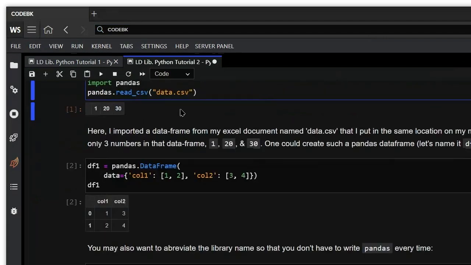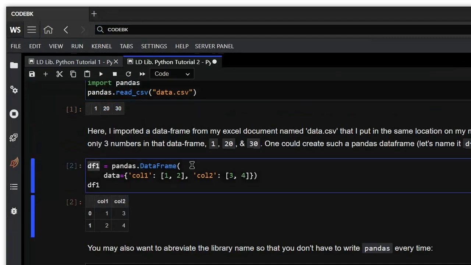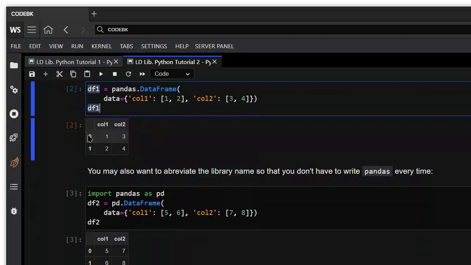We can move on forward and maybe make some more complex data frames. So here I'm creating my first data frame, and I'm going to call it df1, and I'm going to use the DataFrame function inside the pandas library. Note the capital D and capital F right here, and we're going to use a dictionary with the argument data within our DataFrame function to create our data frame. So I'm calling it df1. I'm calling my columns here, which are my keys within my dictionary, and the data we're going to delineate inside lists. I have my 2 lists here with my 2 columns, and it's giving me a data frame right there